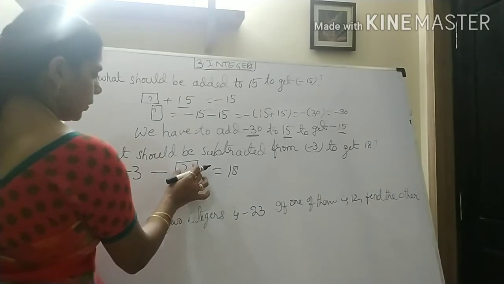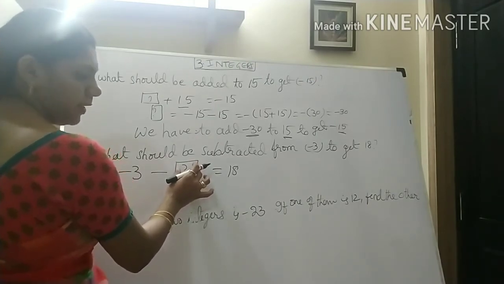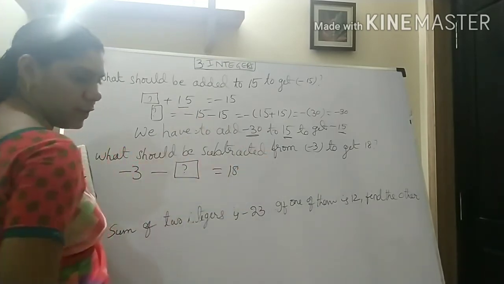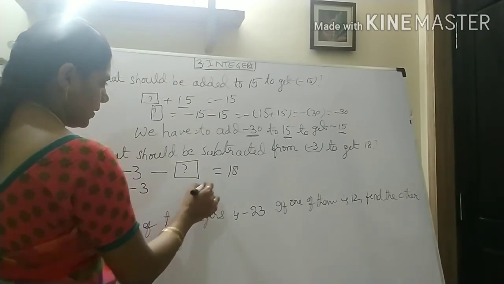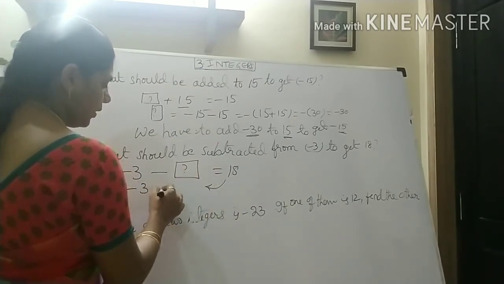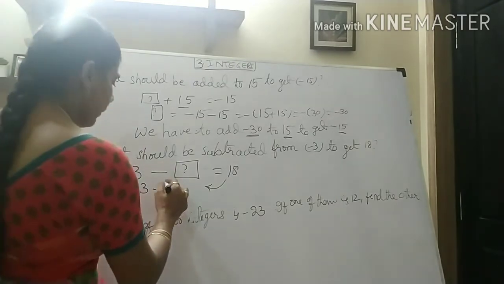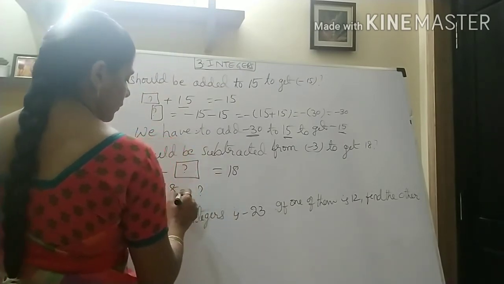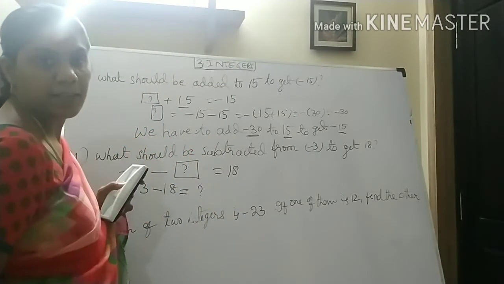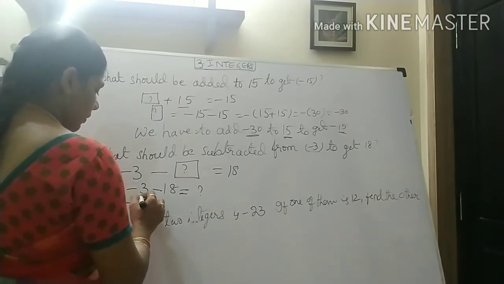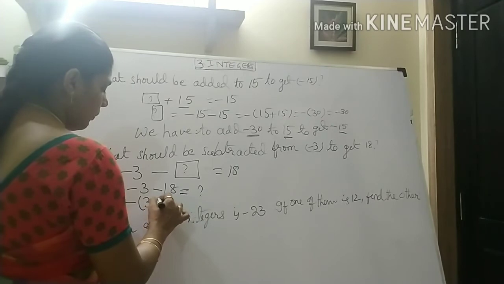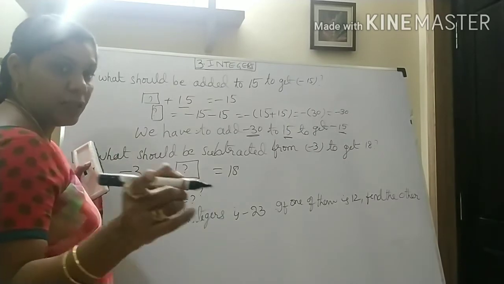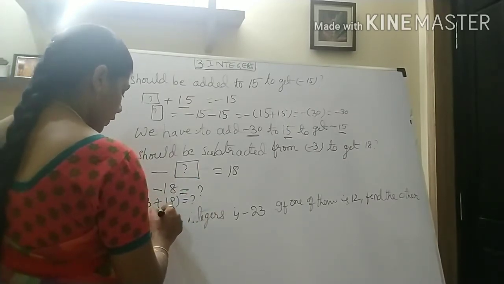See this one. This minus sign I am sending to the other side. So here minus 3 I am writing as it is. I am sending this plus 18 to the equal to side, so it will become minus 18. Now this question mark I am sending here, so this minus will become plus here. Now see what happens. Minus I am taking common here, 3 plus 18. How much here? 18 plus 3, 21. So minus of 21.